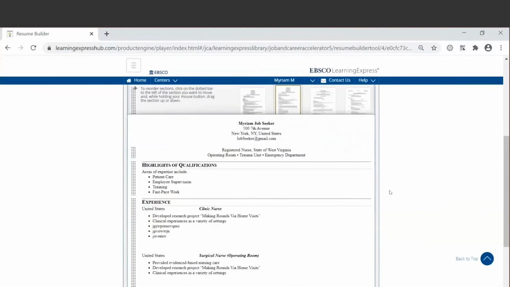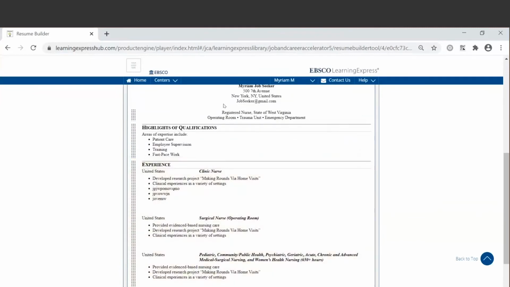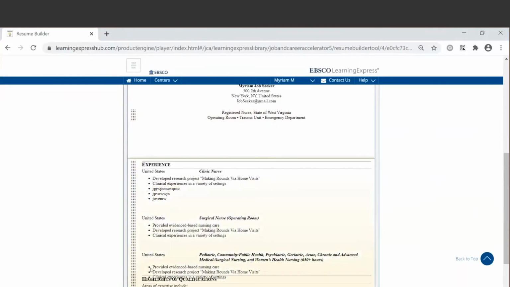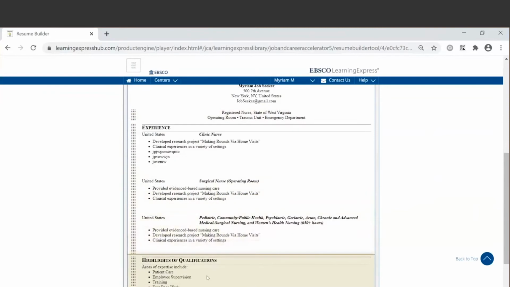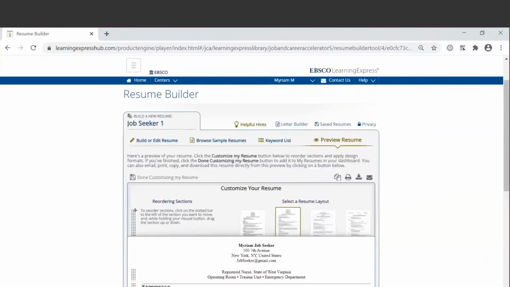And then also, while we're here, if there are any sections that your users would like to move around, so let's just say I would like to move the highlights down at the bottom, I can do so, as you can see right here. Your users will be able to make a copy of the resume that they have just created.